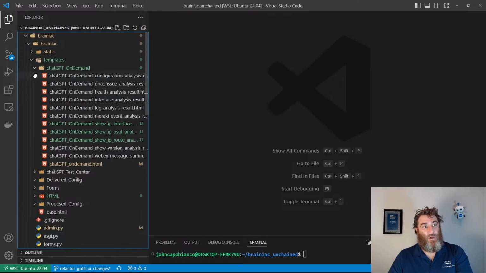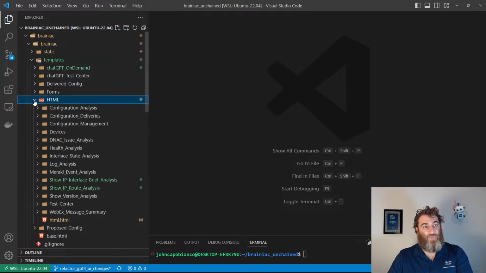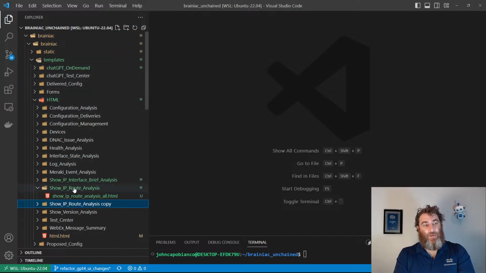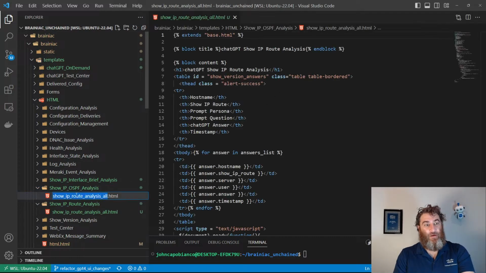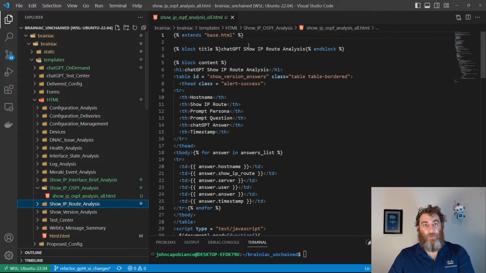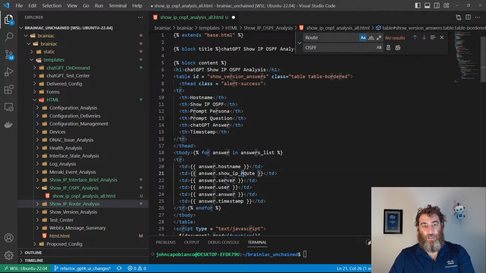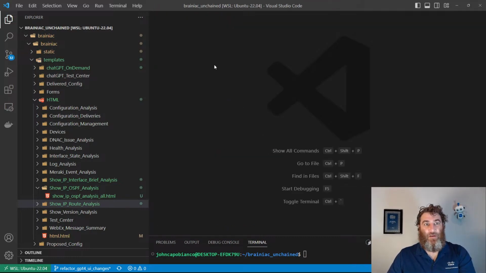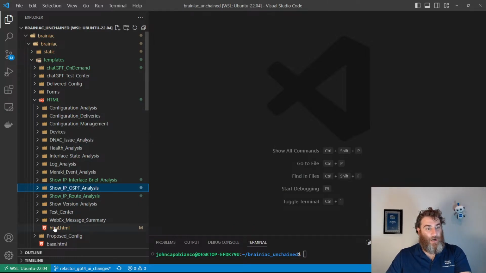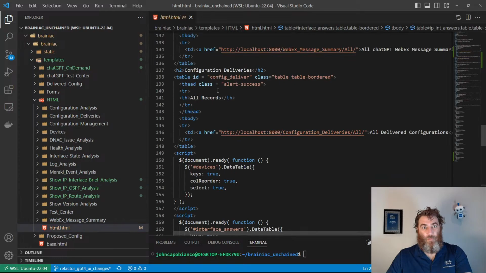I have a center where users can browse to the HTML page to view the results. So I have to copy this and give us a folder and a file for the results of show IP OSPF. And again, it's another similar quick update to the Django template. We're going to change that variable right there as well, OSPF. I can leave that. All right, and then on our main HTML here, we need a link to